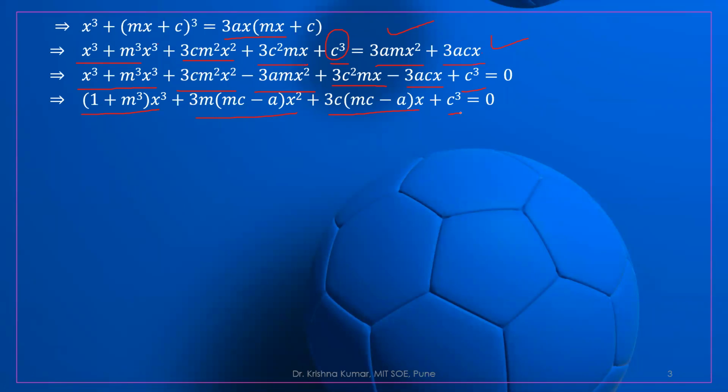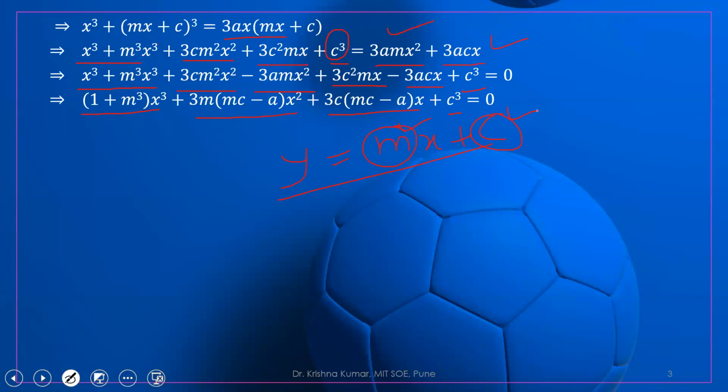So now we have taken that y equal to mx plus c is the asymptote of the given curve. So our aim is to find out the value of m and the value of c. This is our main aim. So how to find the value of m and value of c? Since there are two unknown quantities m and c, definitely we need two conditions.